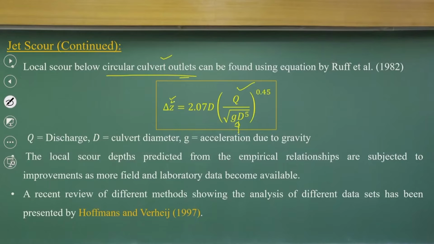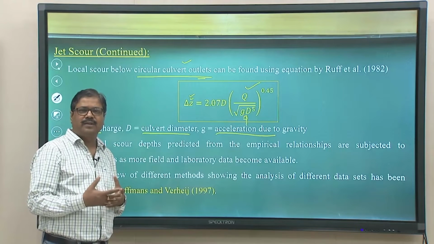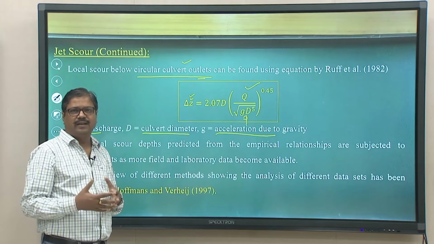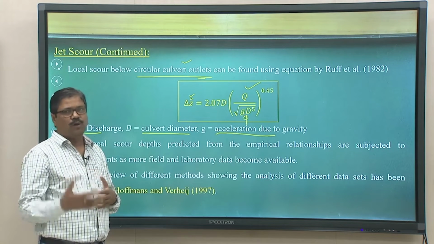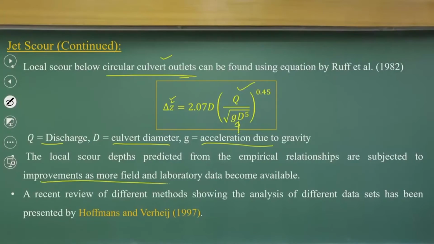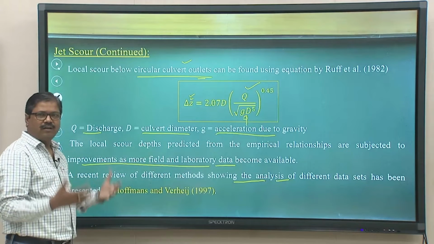So, as d is the culvert diameter, Q is the discharge, etc. Basically, we always have these empirical equations to estimate the scour hole depth, but whenever we go for major structures, we conduct separate physical modeling studies followed by dimensional analysis from case to case, because that gives us more of the field data and the laboratory data. We combine them and try to modify these equations, or look at whether these equations are enough for designing